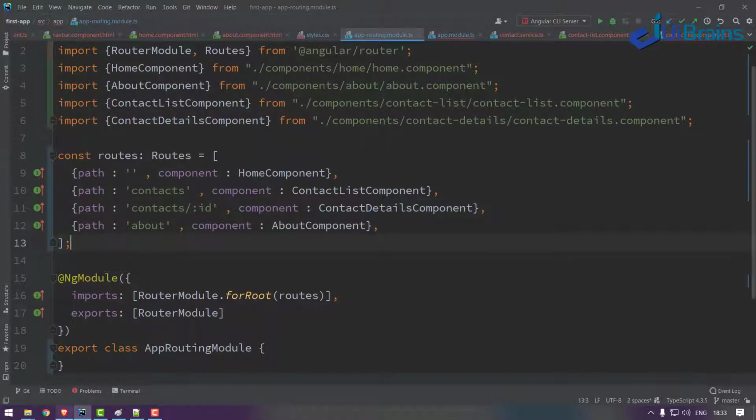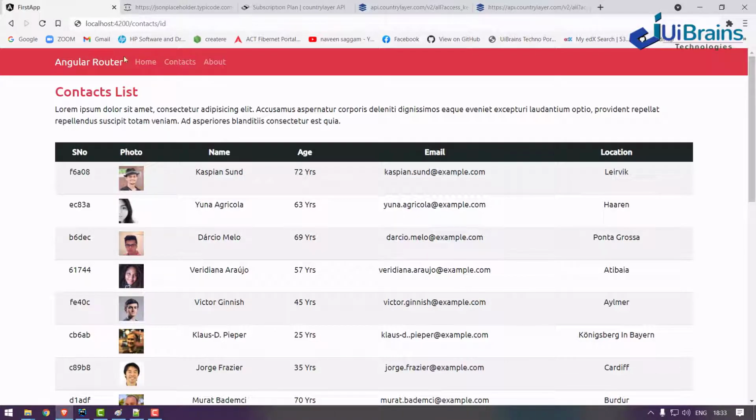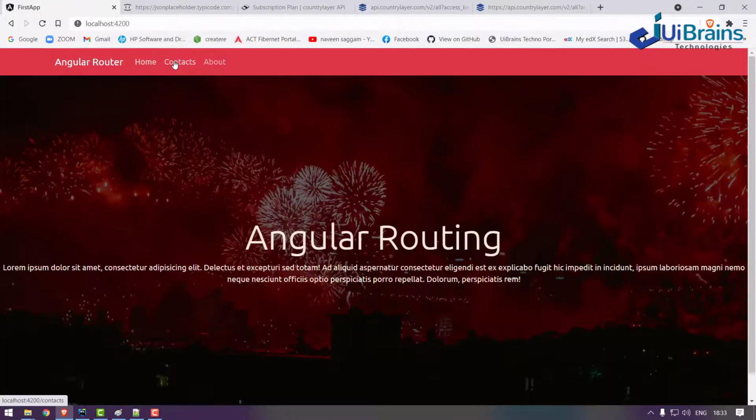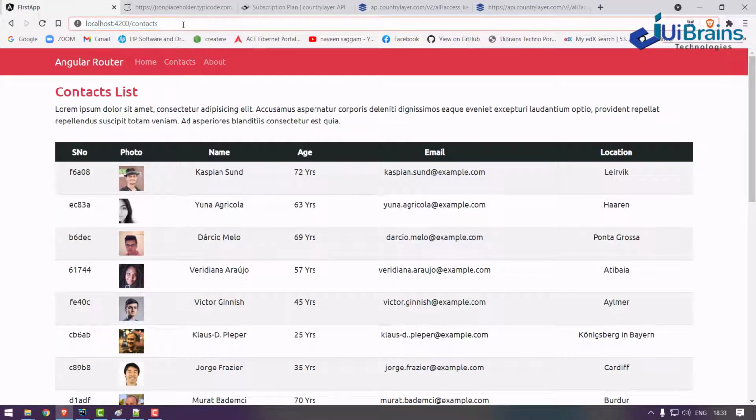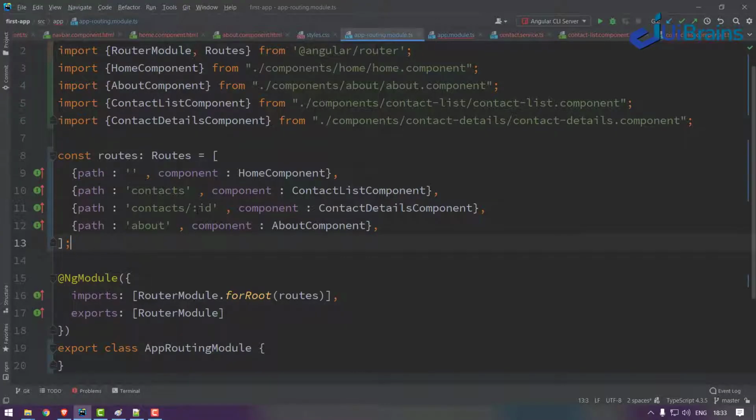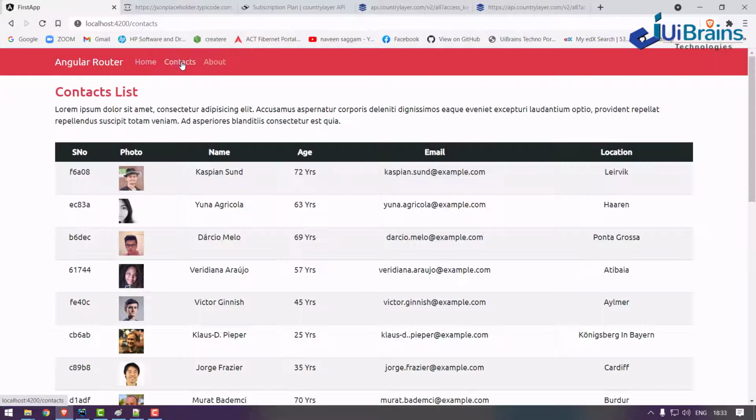Now how can you understand this? See here, if I go to contacts, all the contacts, and then I say slash 123, you get contact details works. I have not hard coded 123 here, I just gave an id, and whatever unique number you provide, you get only this page. So this is how you make a dynamic routing configuration. But my plan is that when I click on a person, only that person's data is displayed over there.